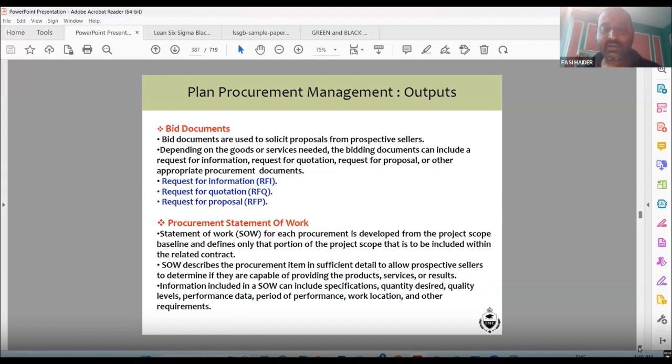Bid documents. This I already explained. Request for information, request for quotation, request for proposal. Procurement statement of work. The things are written in detail, what is needed from the